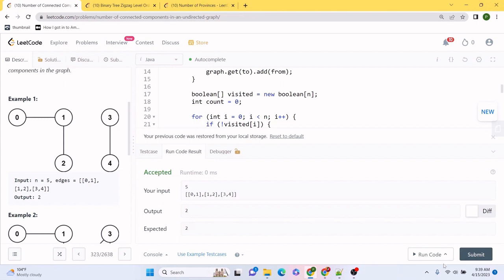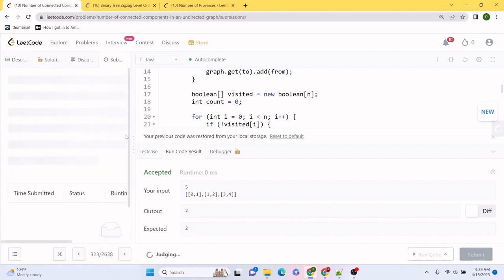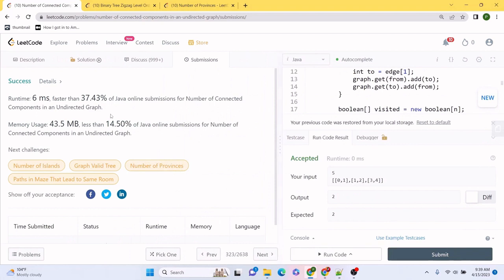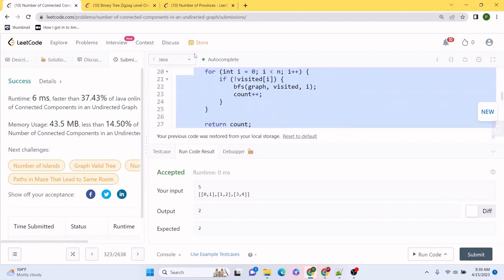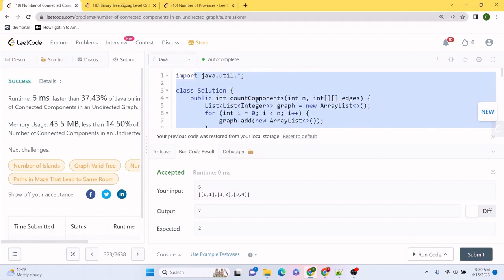And our solution works perfectly fine. Let's submit the code. And our code runs decently efficiently. And don't worry about not being able to see the code. I'm going to put this code inside GitHub, so you would be able to find it quite easily from there.